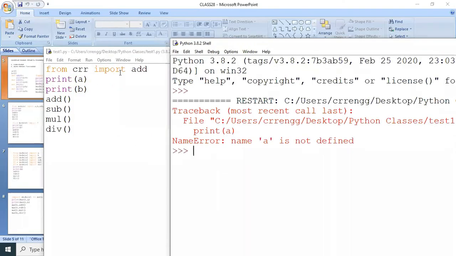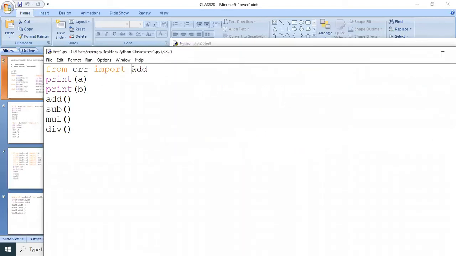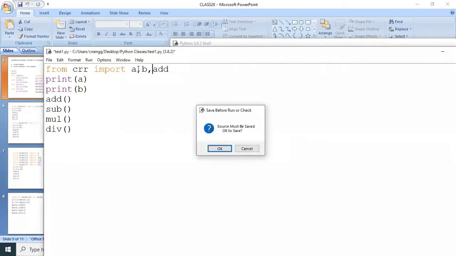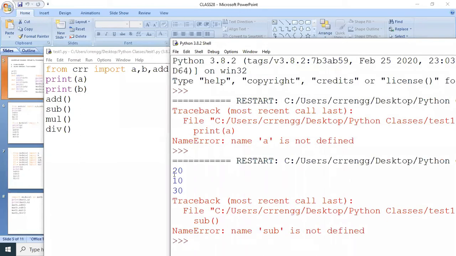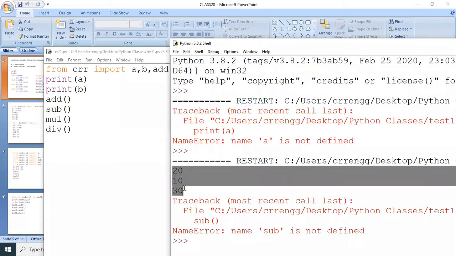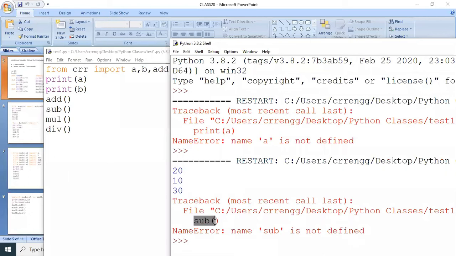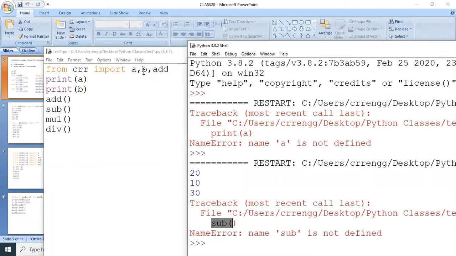I imported only add from the module CRR. I change it like this, A comma B, add. Now only the first 3 instructions will be executed: 20, 10, 30. The subtraction function is not defined in this module. Why? Here we imported only A comma B comma add.